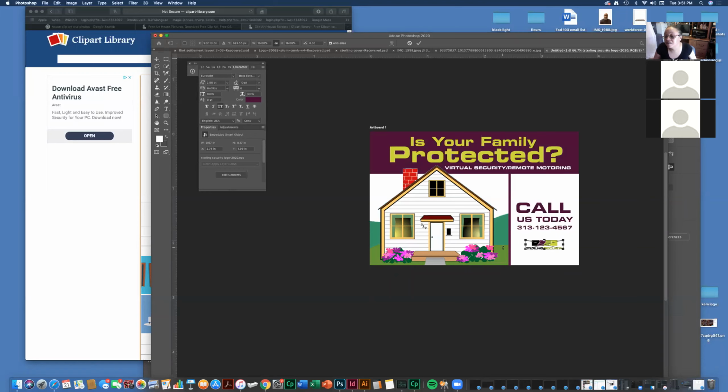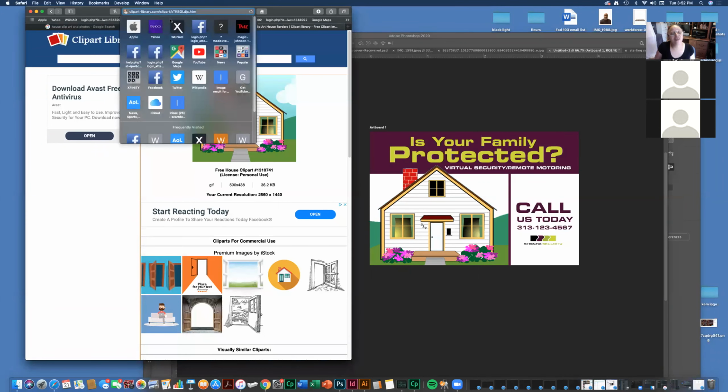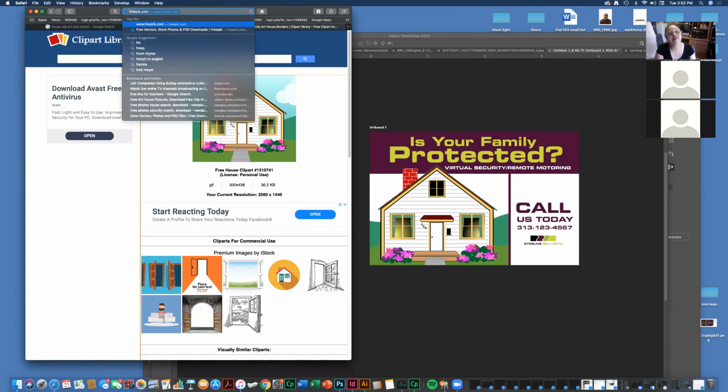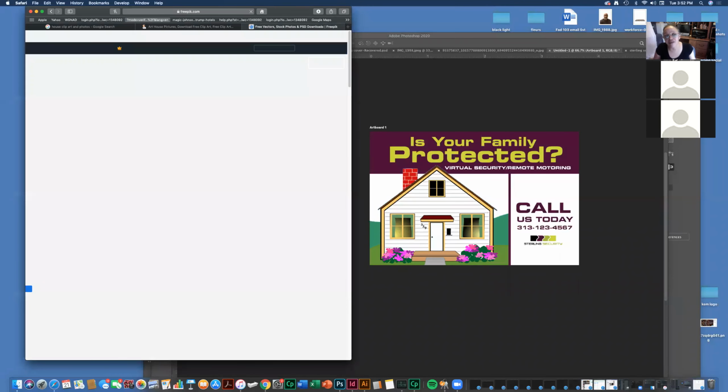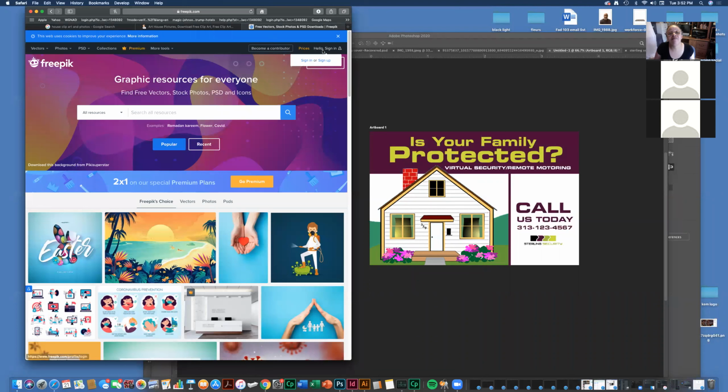You can have a little button, if you're able to do that. But this is enough. Nothing's fighting. Your call to action is there. You're asking a question, and it's got a picture that emphasizes what you're saying. Now I use Free Pick. You can subscribe to different clip art services that may give you a better